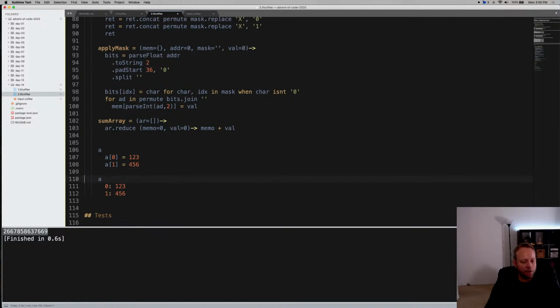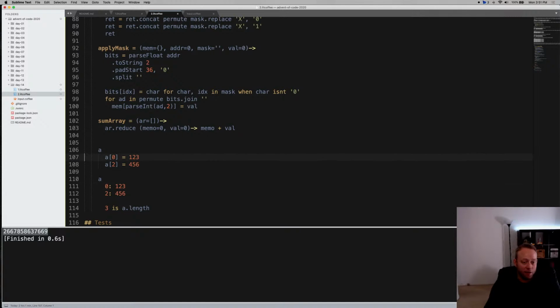Now arrays are a little bit special because you can say a dot length, and that would be 2. However, if you said a dot 2 equals this, then you'd have an object like this, and the length would be 3, because it's really just what's the biggest index in your array. Arrays have some other properties too, but for the most part they're sort of indistinguishable from